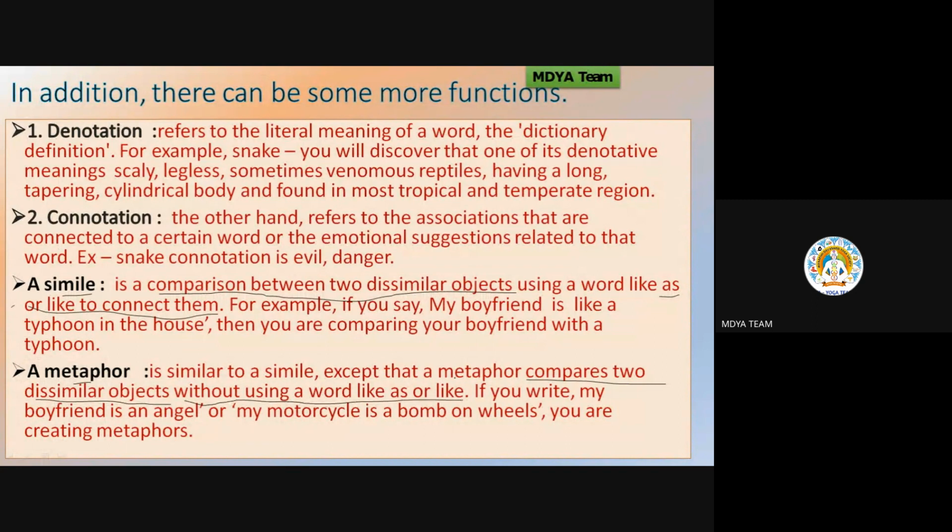As you can see in the example of simile, if you say my boyfriend is like a typhoon in the house, here you're using is like, you're connecting two dissimilar objects using the word like. Then you are comparing your boyfriend with a typhoon. And in metaphor, if you write my boyfriend is an angel or motorcycle is a bone on wheels,